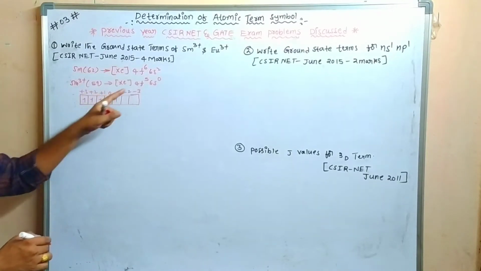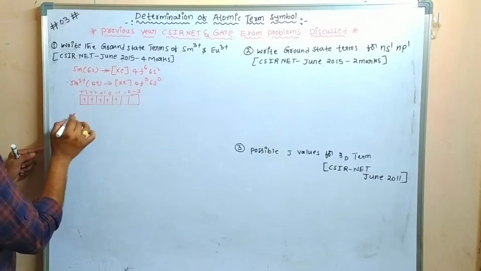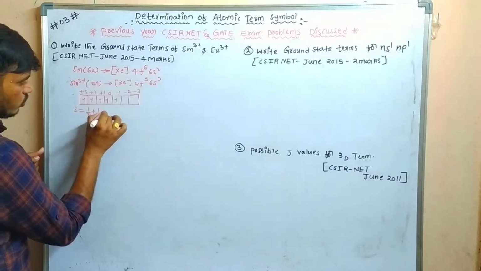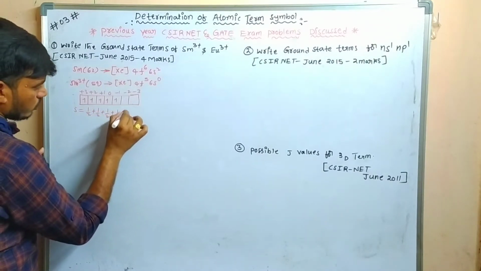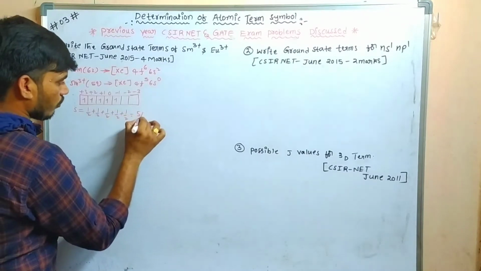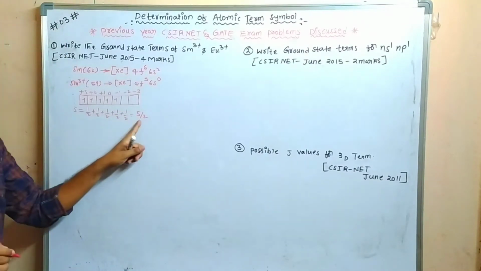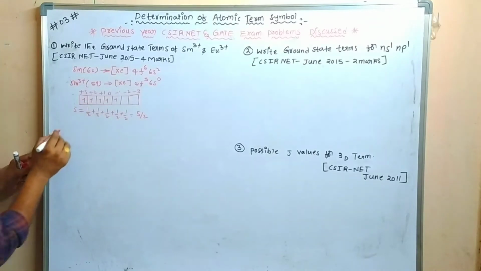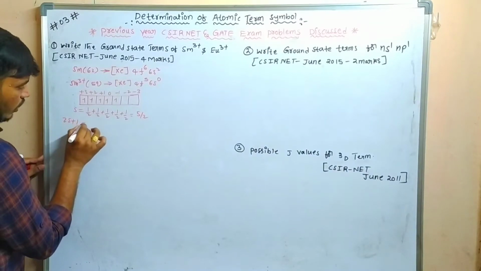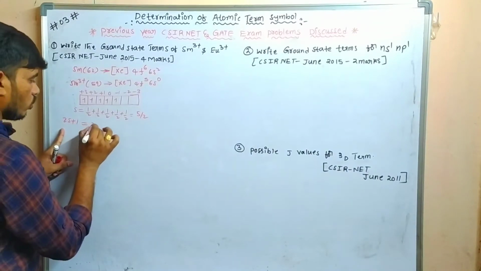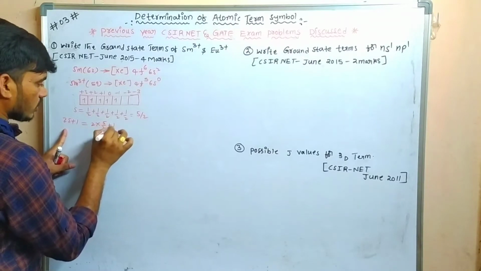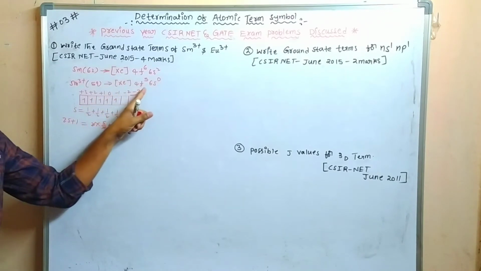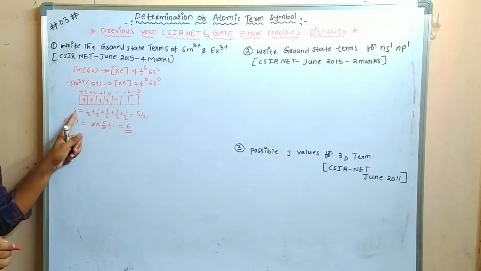So in that f5 configuration, the S value is 1/2 plus 1/2 plus 1/2 plus 1/2 plus 1/2, which is equal to 5/2. So the spin quantum number value is 5/2 because each electron has spin plus 1/2. So you have to find the 2S plus 1 value, which is called the spin multiplicity. So 2 into 5/2 plus 1, the 2 is cancelled, so this is 6. 6 is the spin multiplicity value in this f5 configuration. So here the S value is 5/2.